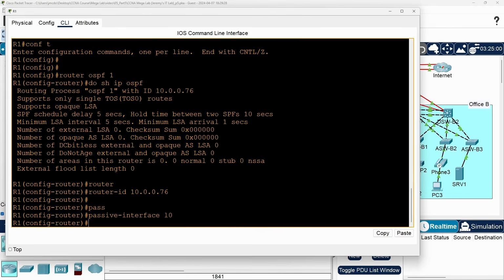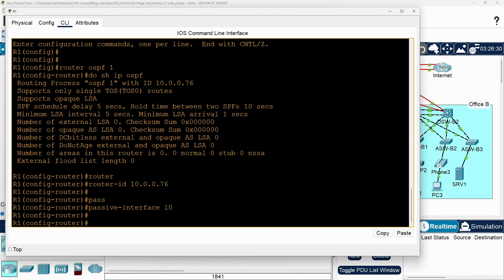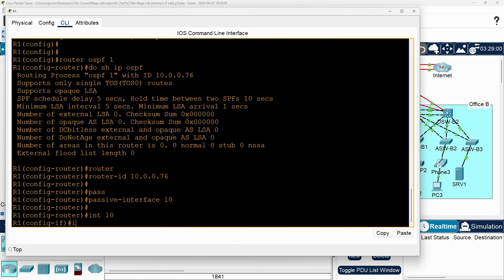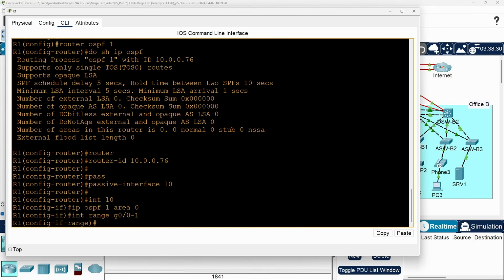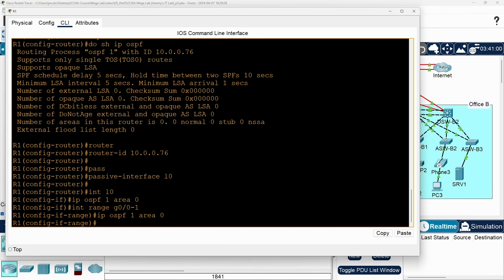The instruction said to activate OSPF in interface config mode on R1, so interface loopback 0. And then activate OSPF with ip ospf 1 area 0. And now we just have to activate OSPF on R1's 2 LAN-facing interfaces, connected to C-switch 1 and C-switch 2. Those are G0/0 and 0/1, so interface range G0/0 to 1. Let's activate OSPF. ip ospf 1 area 0. And then also configure the point-to-point network type.